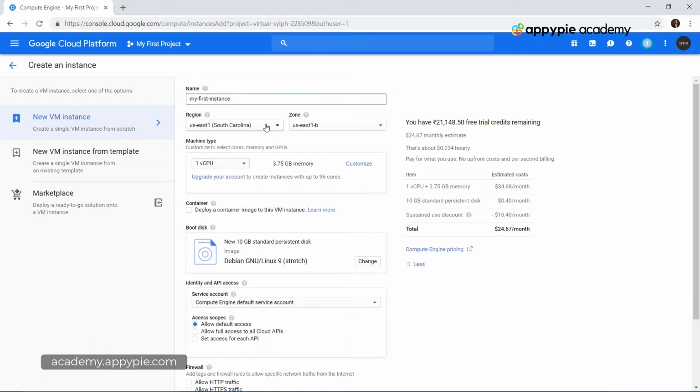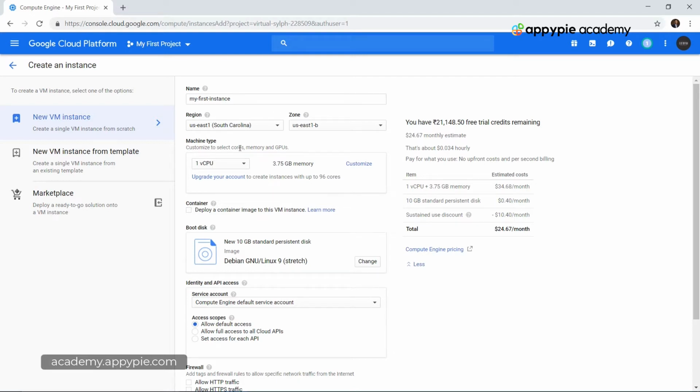Now you have to choose a region for your particular instance, and this is the physical location where the server will be located. A clear understanding of the location of the server is very important, because the data actually has to travel from that server to the location where you are using it. In my case, if most of your audience for the particular project will be in India, then choosing a server in the United States is not the most efficient approach.